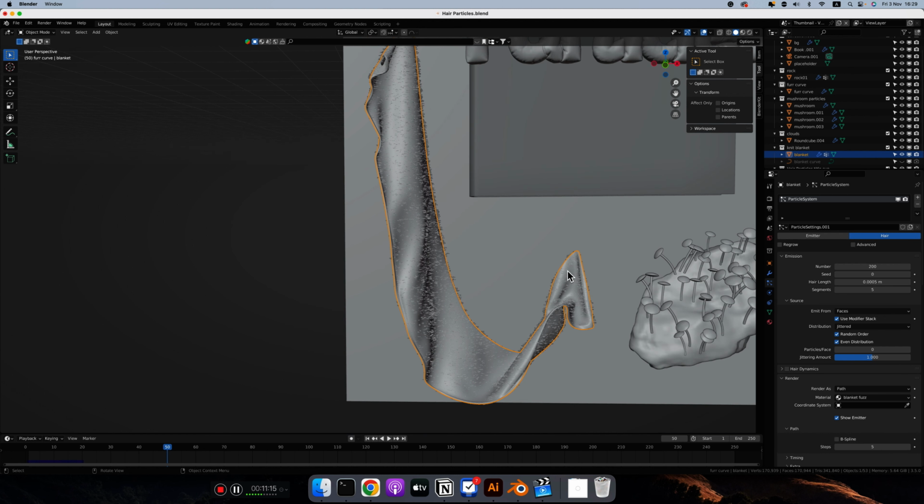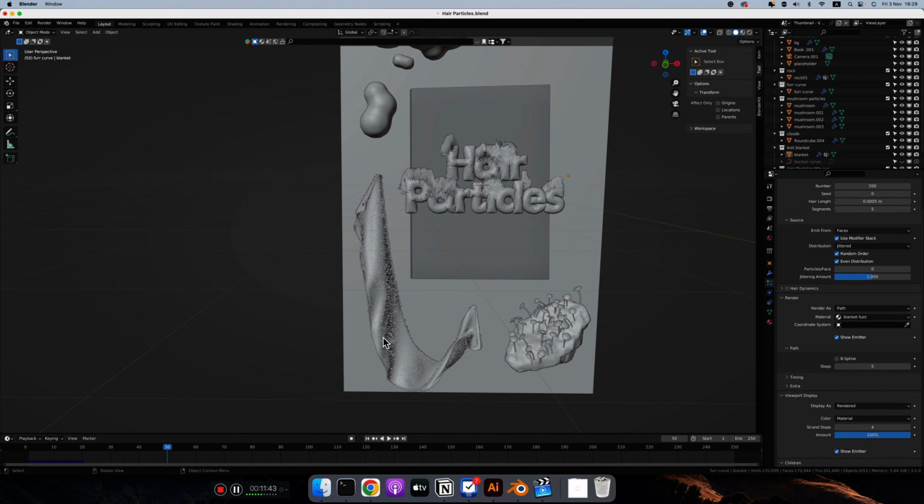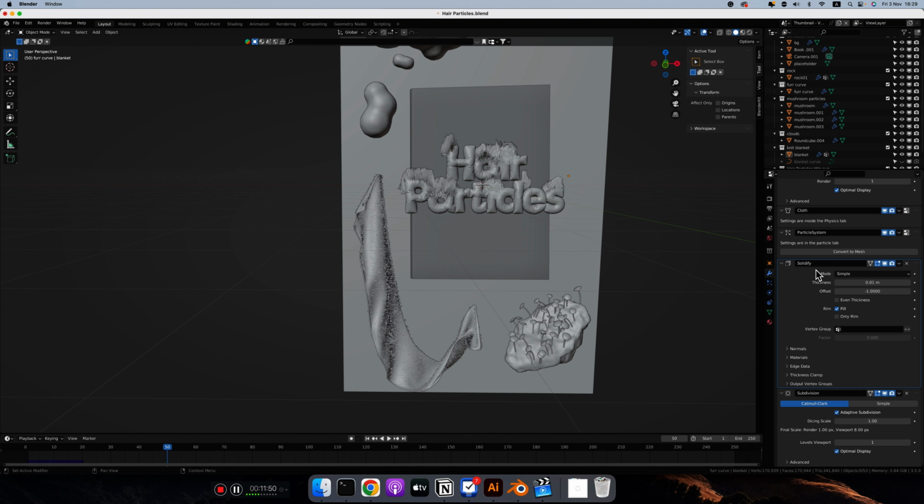So that's why I added fuzz to this. It's not very visible. It's just the parts that are actually reflecting light that show the fuzz. I also added a little bit of thickness with solidify after I did the cloth, just because I don't want it to affect how the cloth acts, but I need some thickness in order for the material to look good,